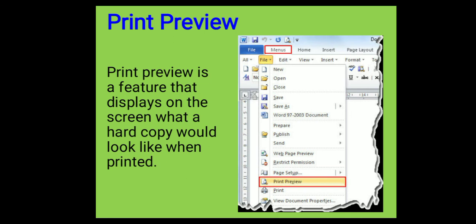So print preview is a very good feature provided by Microsoft Word. Click the file option and here the print preview option. You select print preview and see your document in print preview format, and easily judge and take an idea, and after that you print.